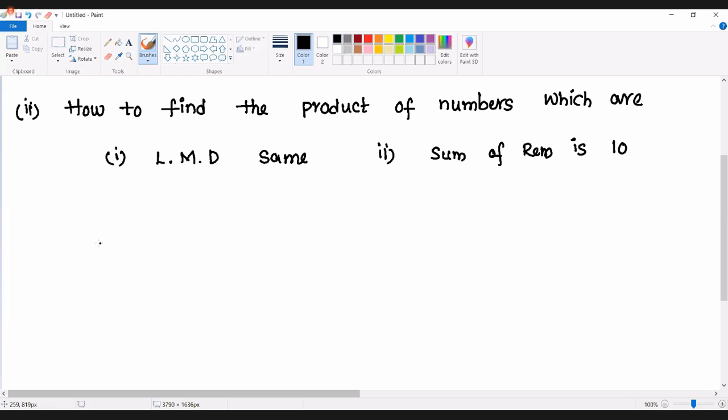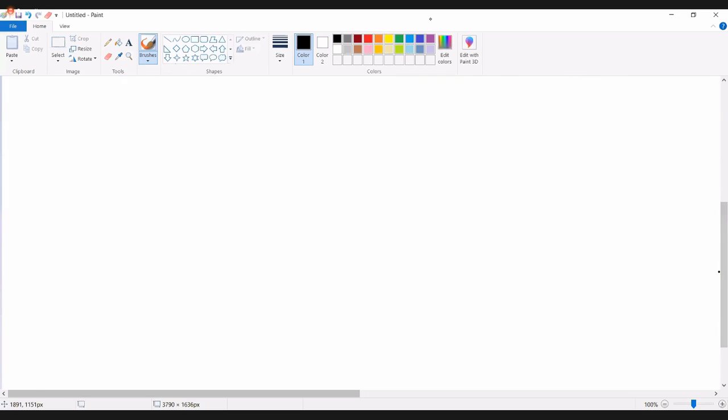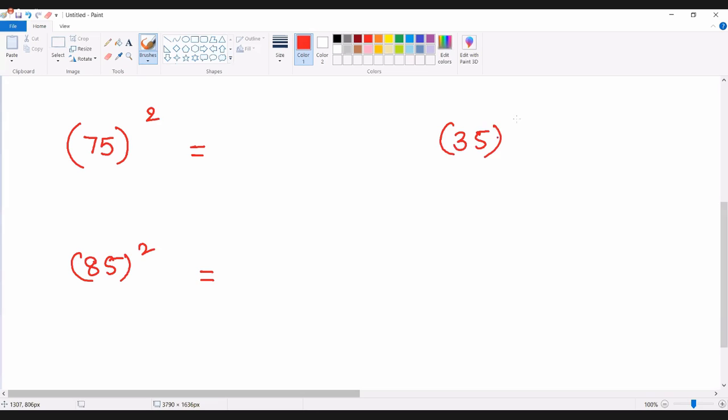That's a rule which I have kept in the discussion in the previous, and you can also apply this rule even for finding the square of a number which is ending with 5. For example, 75 into 75 is nothing but we can write it as 75 square, right? So what is the resultant of 75 square? What is the resultant of 85 square? What is the resultant of 35 square? If these are the numbers, you can quickly or immediately give the answer choice.